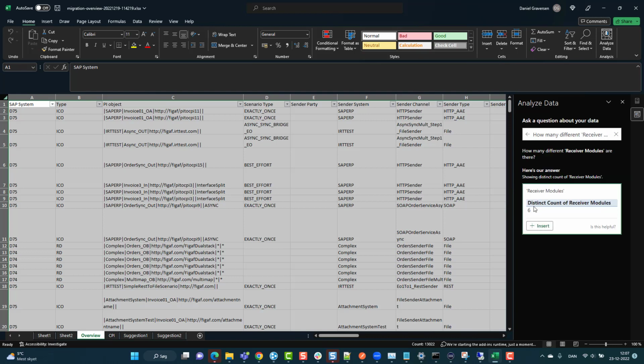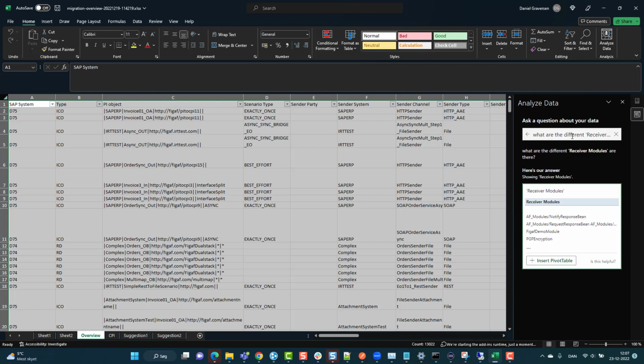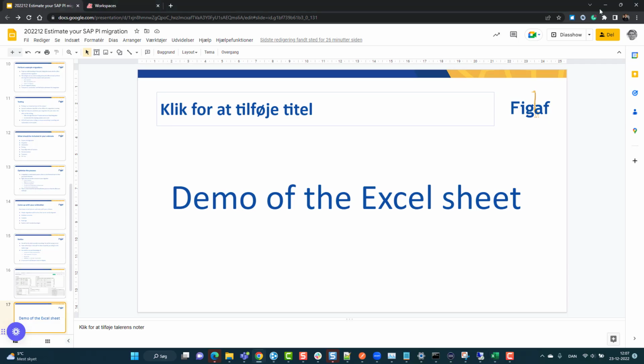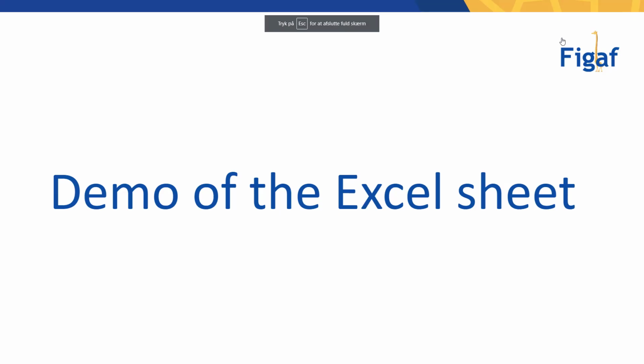So we can see that there are 6 distinct modules. So I think this also gives you a lot of cool things. You can insert it as a pivot table, and then you have all the details here. Cool. Let's continue. So that was the demo of the Excel sheet,